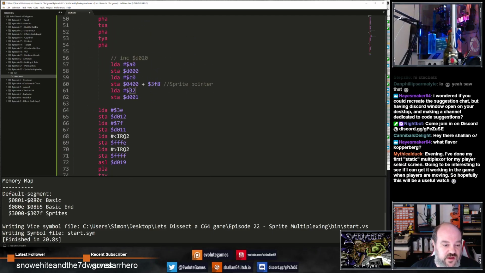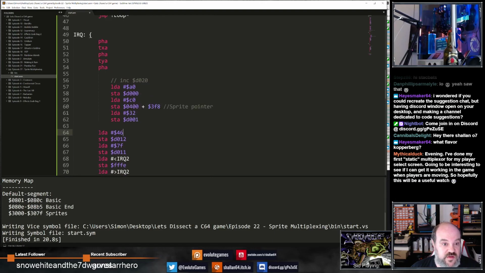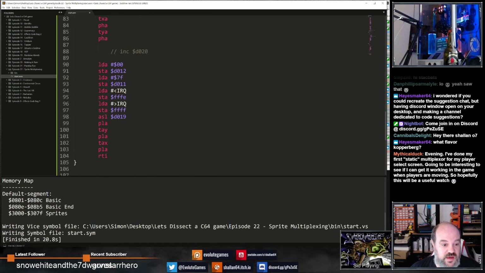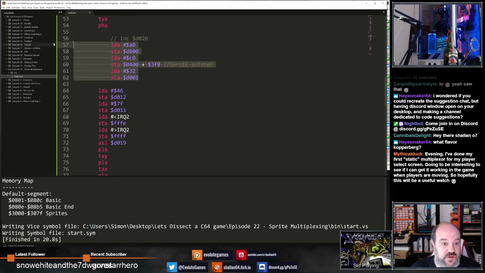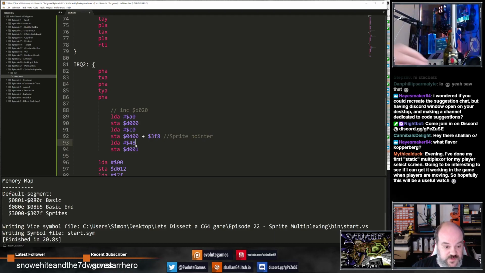Let's fire this IRQ just before then. Let's do it at 46, and in here we will change the values that we want. So we will change the Y position to 48, so it's ready to draw, just after the raster that's being hit,